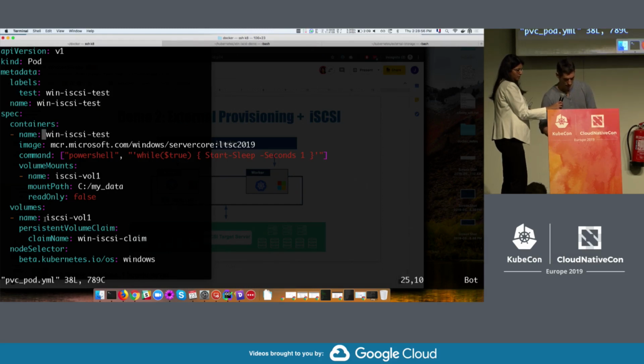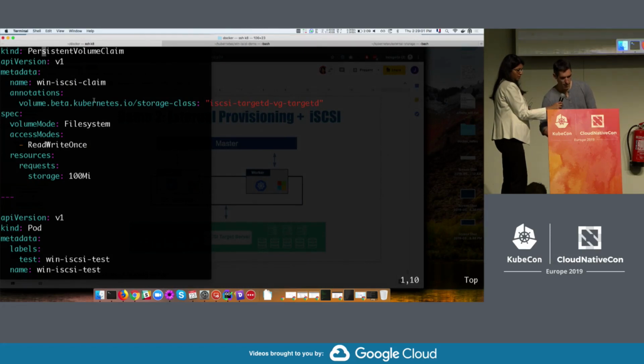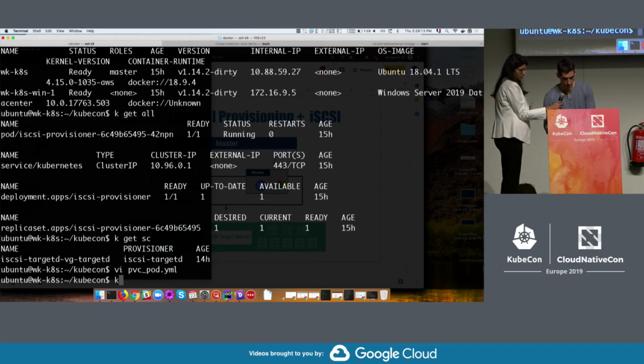If I can get my SSH to work. There we go. That's the PVC that got defined before. And the important part here is the storage class that we defined. Again, that's going to be in my GitHub, so you can go see the exact details. And if we deploy this,